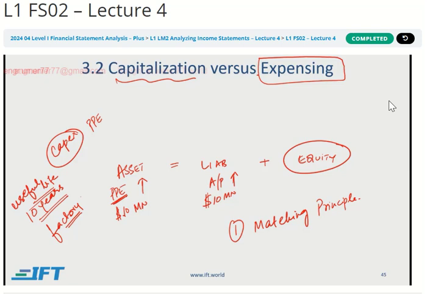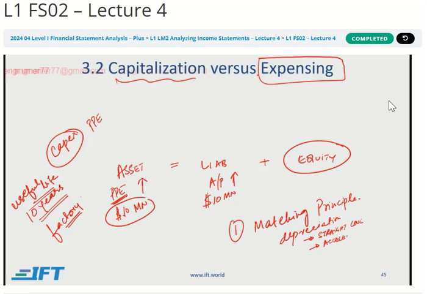So therefore, this value of 10 million should be equally divided, or at least somewhat divided, across these different 10 years, right? And that is where the concept of depreciation comes in, and there are different methods for it, such as straight line, where we will equally divide it across 10 years, or you can have an accelerated method,